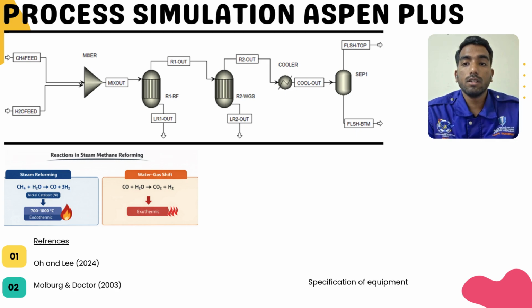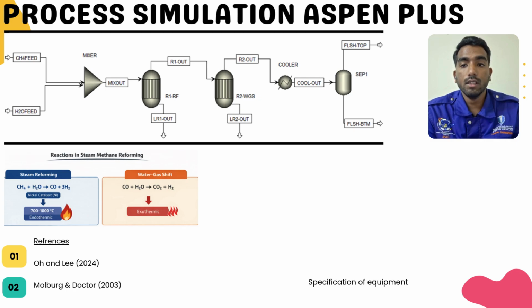Meanwhile, in the other reference, Molbert and Dr. 2003 provide the industrial scale operating data for the production. So the reactor temperature and pressure settings I use as the basis for this model are 850 Celsius and 25 bar for the reforming reactor, while 400 Celsius and 25 bar for the water